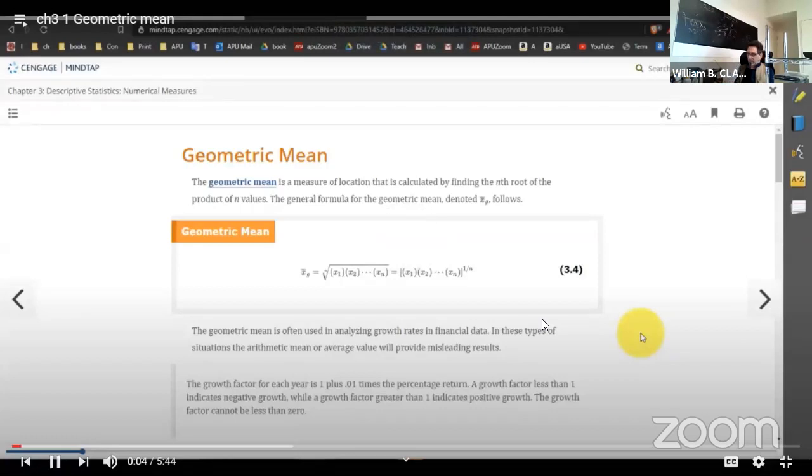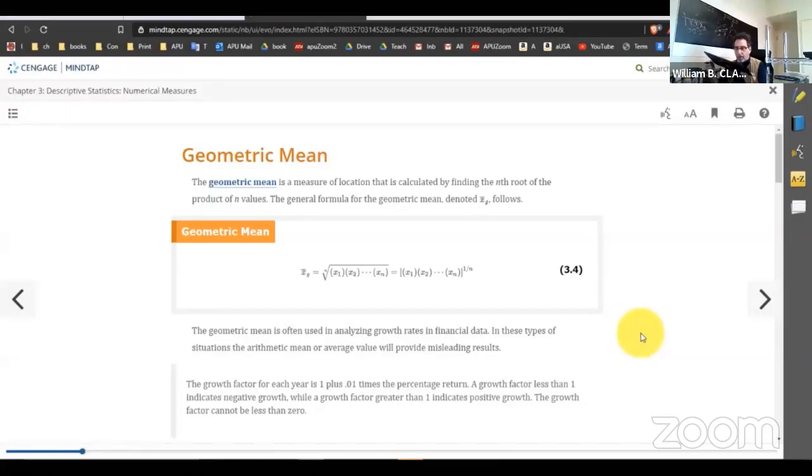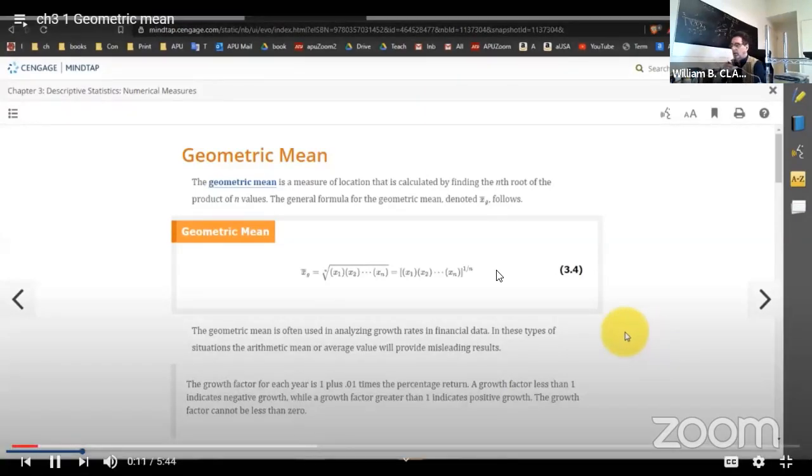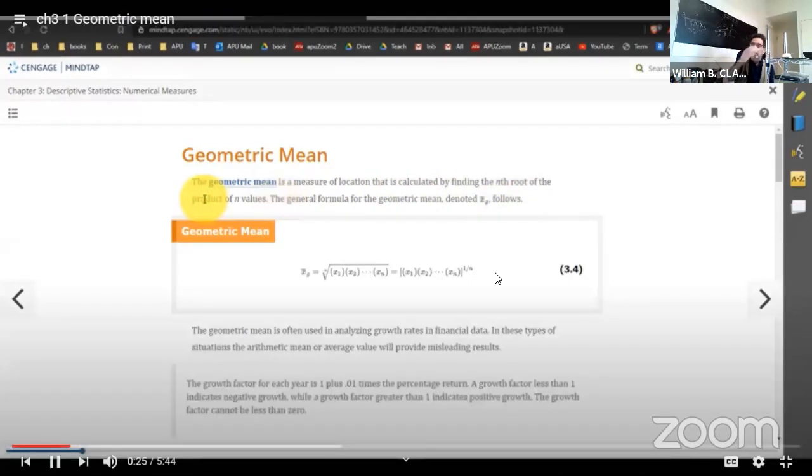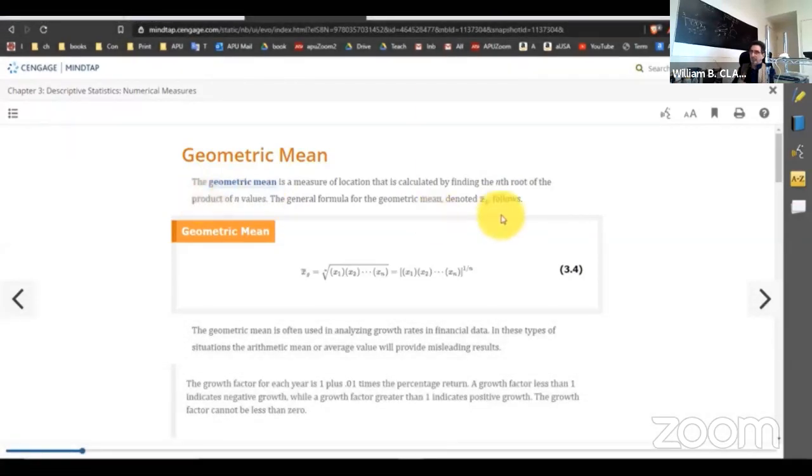About the mean and the median. Now we want to introduce one more kind of mean called the geometric mean. The geometric mean is a measure of location that is calculated by finding the nth root of the product of n values. So to calculate the mean, we didn't take the product of n values, we took the sum of n values, and we didn't take the nth root of that, but rather we divided by n. So this is different. So the geometric mean is calculated by finding the nth root, not by dividing by n, and not of the sum, but of the product